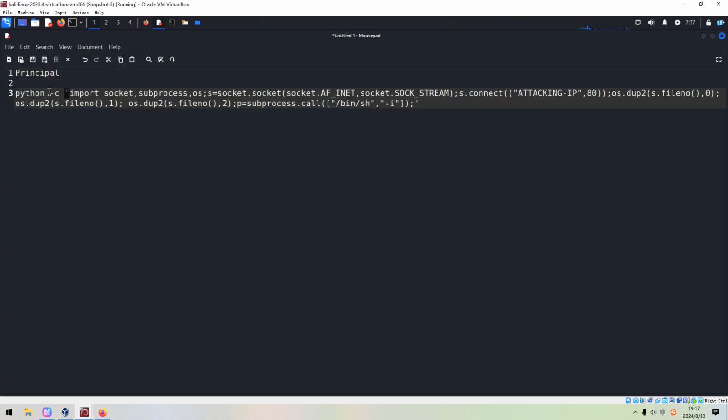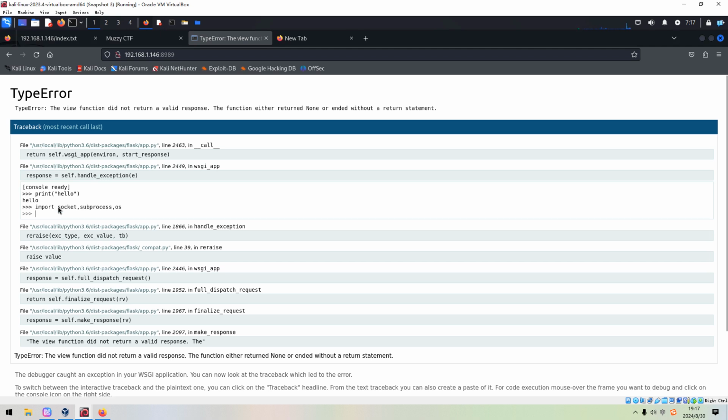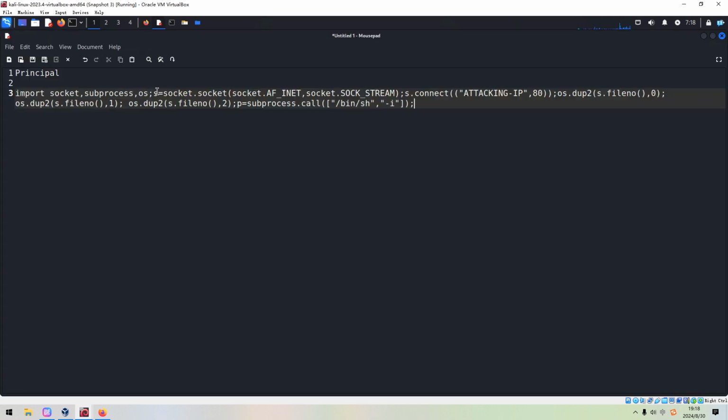Of course, now we do not need to use the python command. We need to supply the code rather than the command. Okay, so now we just copy one by one. We can copy the first line, and next we can copy the second line. We do not need to use the semicolon anymore. We can copy,